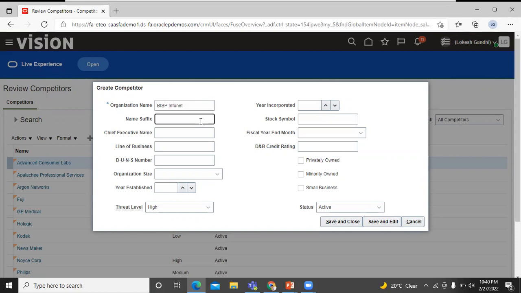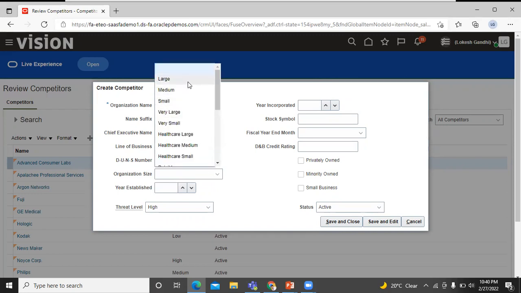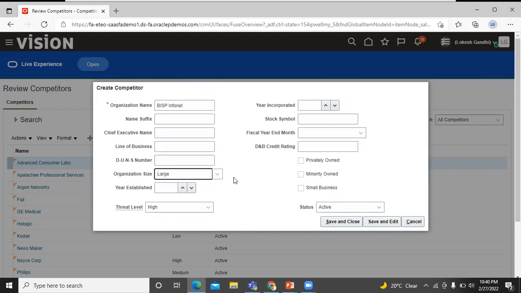You can enter a suffix such as private limited or company. The suffix is automatically appended to the name in the application. You can insert a chief executive name. You can insert a line of business. You can also enter the DUNS number. You can select this organization size. Let's select the organization size. You can enter the establishment year,